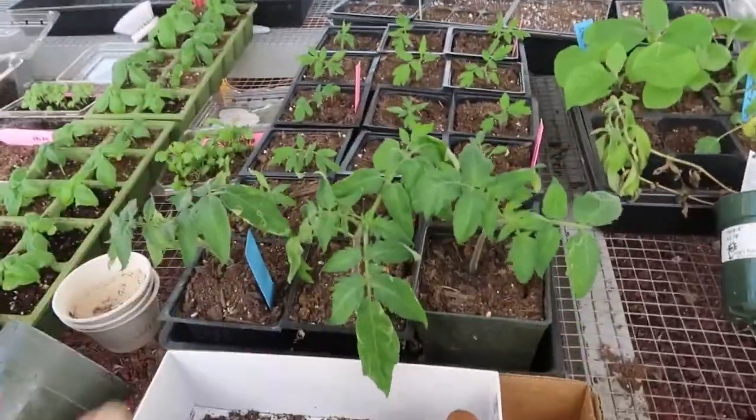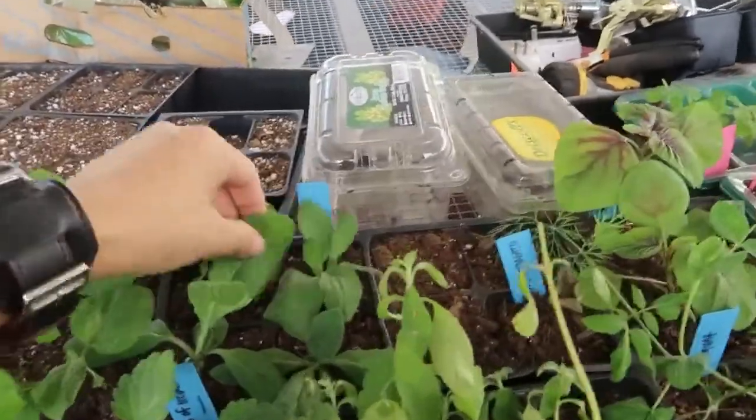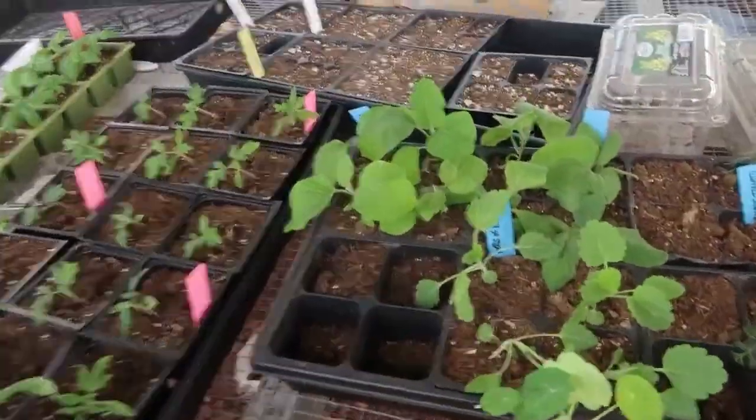I have all my tomatoes, eggplants. Look at these borage. My amaranth. This one looks sad. I left it in the garage, but